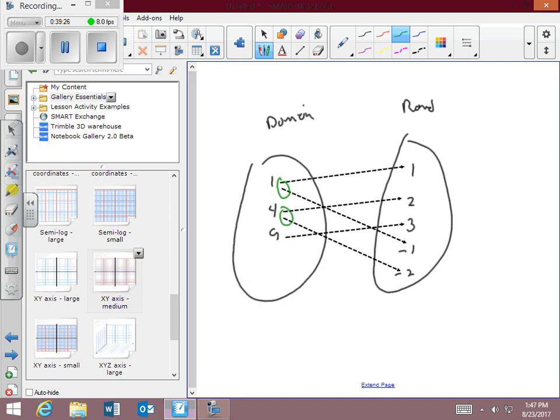Does that make sense? So anytime it's diagrammed out like that, and there's 2 tails on it, it's not a function. Anytime it's in ordered pairs, if the first value, x, repeats, and it has different second values, it's not a function. So those are the 2 ways you look at doing it. We're going to have other ways that we look at verifying that they're not functions. All right, so I guess that's